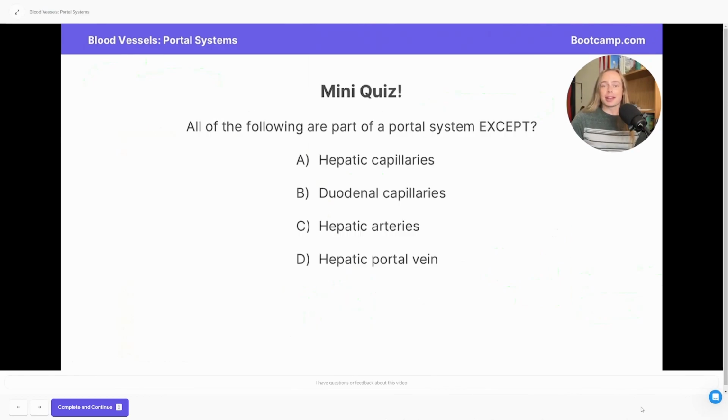Now that we've finished with our lesson, let's go ahead and do a mini quiz. All of the following are part of a portal system except, to answer this question, it's important to note that portal systems are often referred to as venous systems because they include two capillary beds and the veins and venules